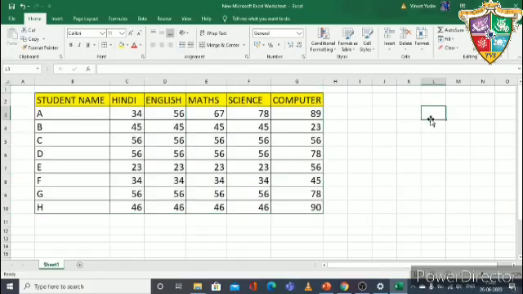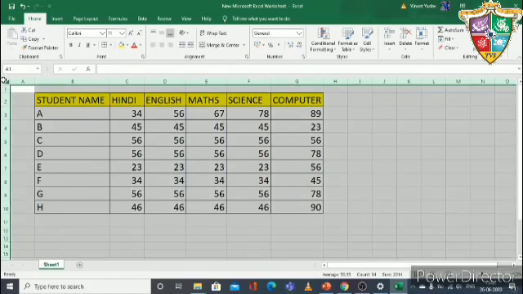Now the next thing is there is one button at the left side corner, that is called the all select button. See, at the corner, this thing. When you click here in between 1 and A, this is all select, the entire selection of your Excel worksheet. So this is how to all select the worksheet.